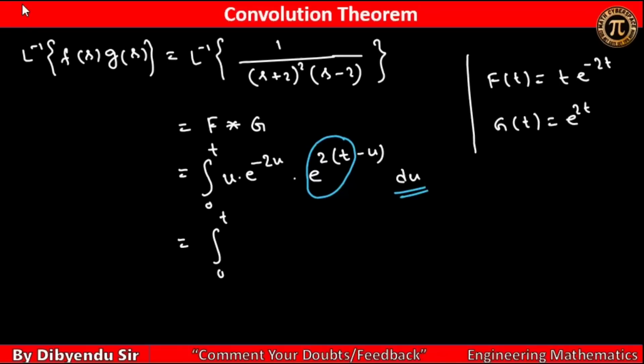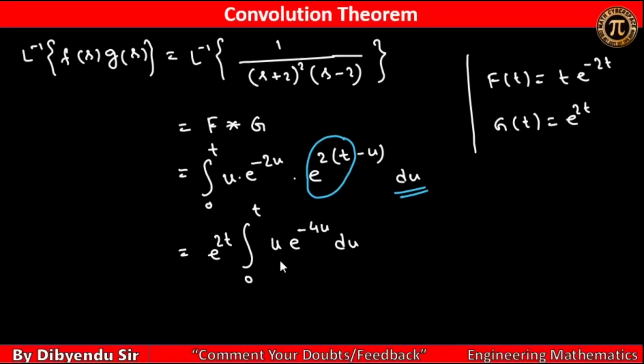So you are getting e to the power 2t, integration 0 to t, u e to the power minus 2u and minus 2u, that means e to the power minus 4u,